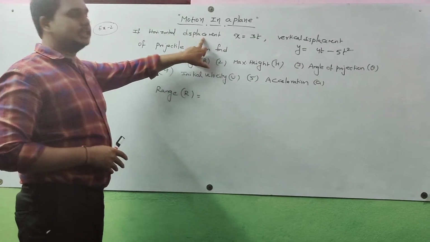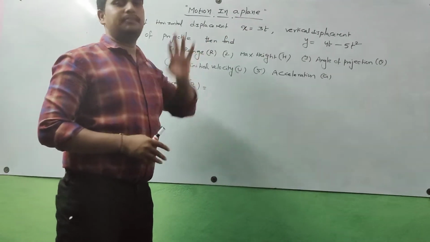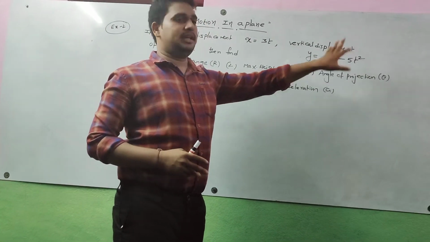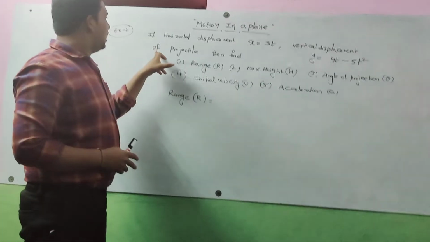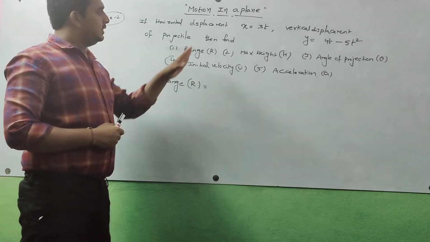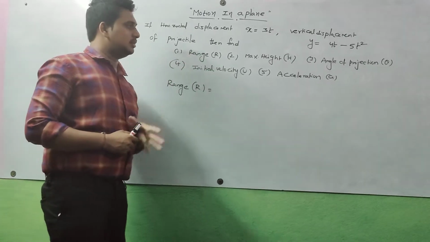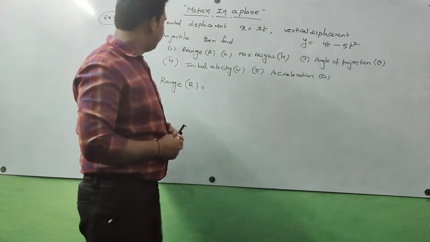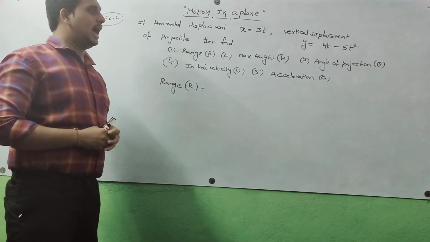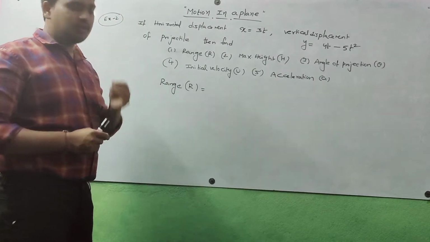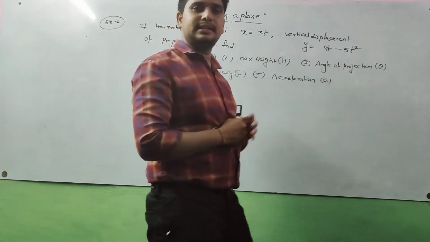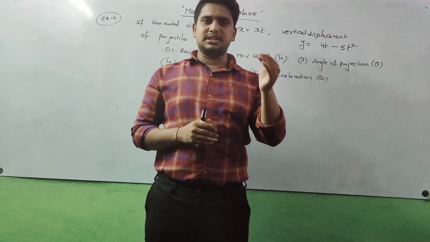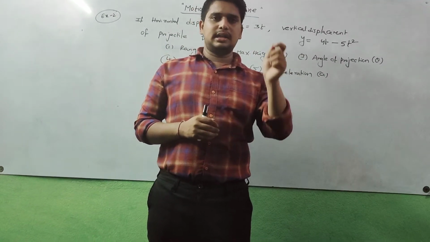If horizontal displacement x is equal to 3t, vertical displacement y is equal to 4t minus 5t square of a projectile, then find the range, maximum height h, angle of projection theta, initial velocity u, acceleration a. So already a few minutes back we discussed in part 1, whenever the equation of a projectile has horizontal displacement